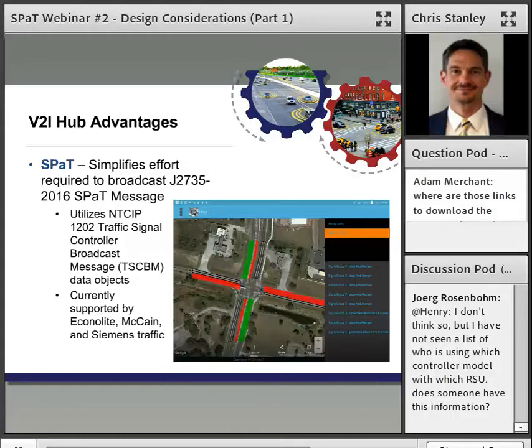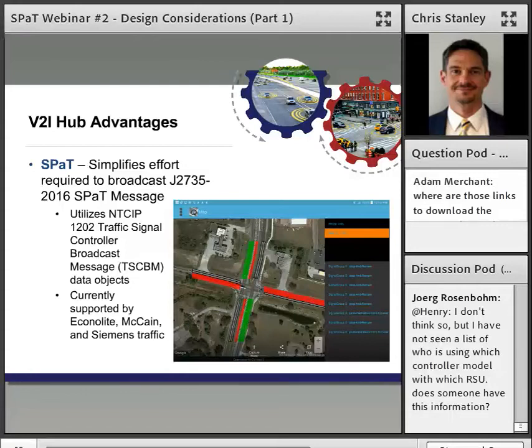So utilizing the traffic signal controller broadcast messages that were developed according to the 1202 protocol has enabled interoperability, and we actually had a situation that's being referred to as the first example of plug-and-play technology where the THEA, or Tampa Connected Vehicle Pilot Team, is using Siemens RSUs that were developed to communicate with Econolite controllers, but because Econolite and Siemens both built their RSUs to that same standard,